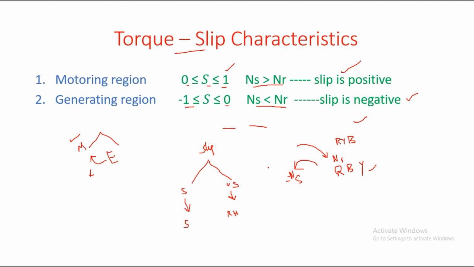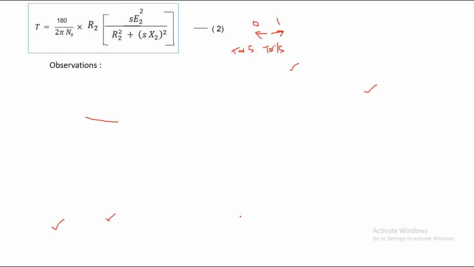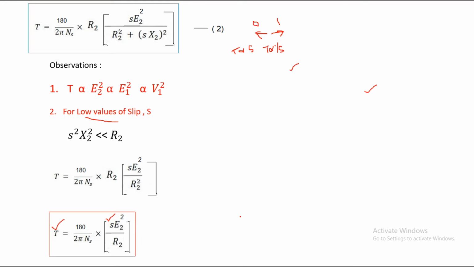Now, in the last slide we discussed that for stable operation we have straight line behavior, and for unstable operation we have a rectangular hyperbolic behavior. Now compare this stable and unstable region with this value. We can obtain a straight line behavior only when we have a linear relationship, and here torque is directly proportional to slip, showing a linear relationship between torque and slip.